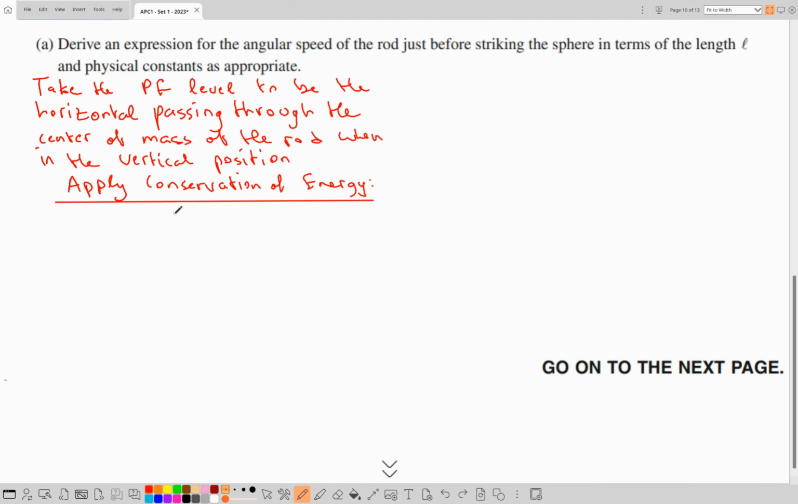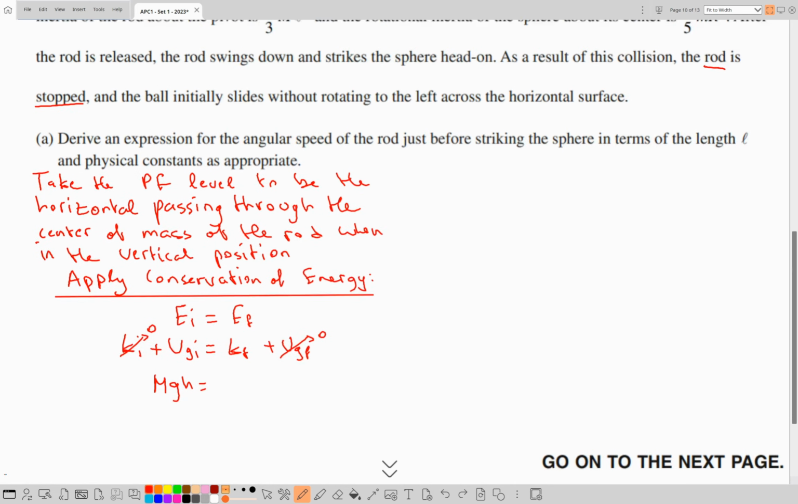And here we're going to say energy initial is equal to energy final, which means kinetic energy initial plus gravitational potential energy initial is equal to kinetic energy final plus gravitational potential energy final. This is 0 based on the following statement, and this is 0 because it's released from rest. Remember that the mass of the rod is given by capital M g h, and here what about the kinetic energy? We're assuming here